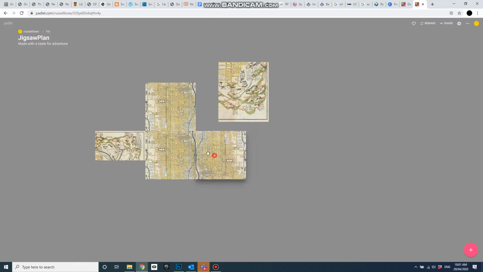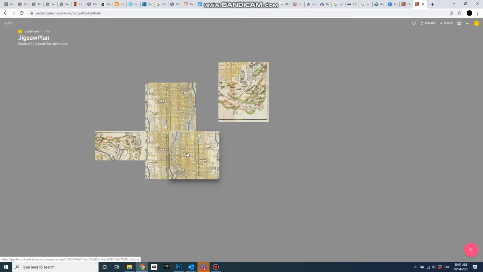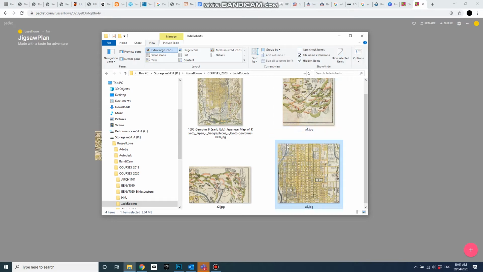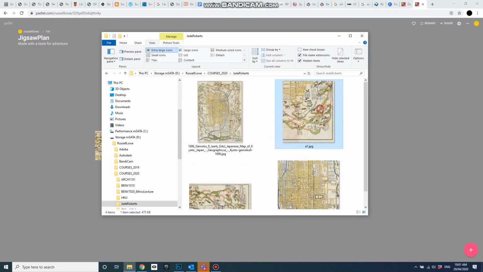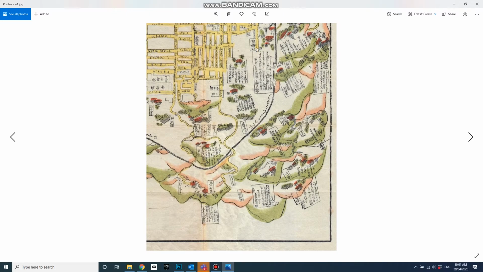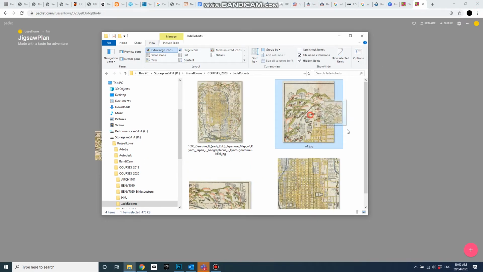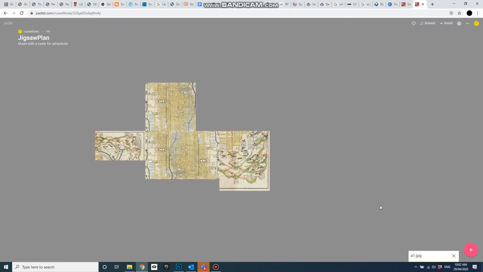I can do that. I can then even sort of do that. If I wanted to adjust that image, I could crop those things. So let's bring this one in rotated. That's that one there. Double click on it, rotate it that way, close that down, and then drag it in. Wait for it to upload,